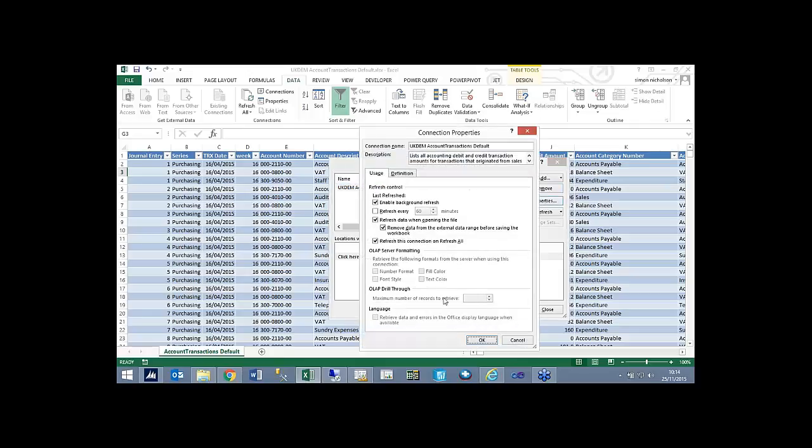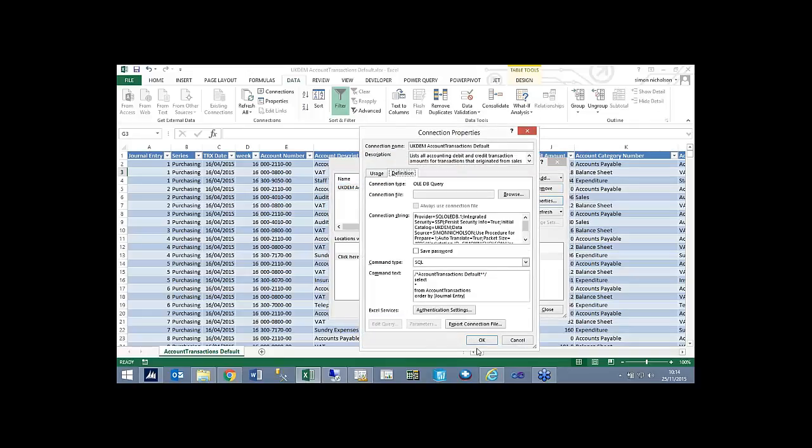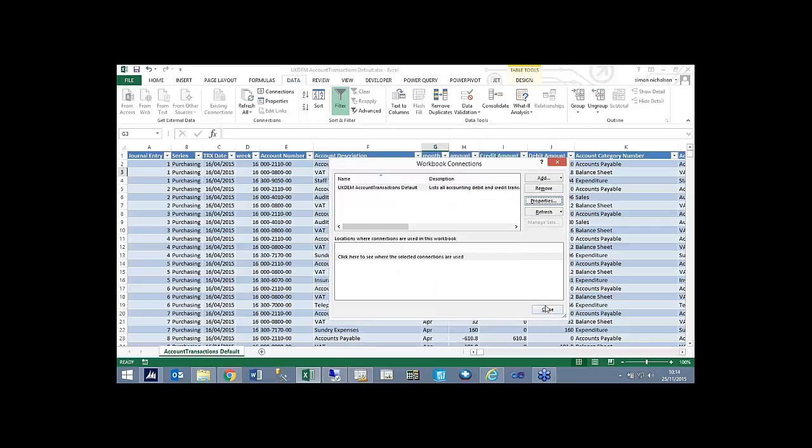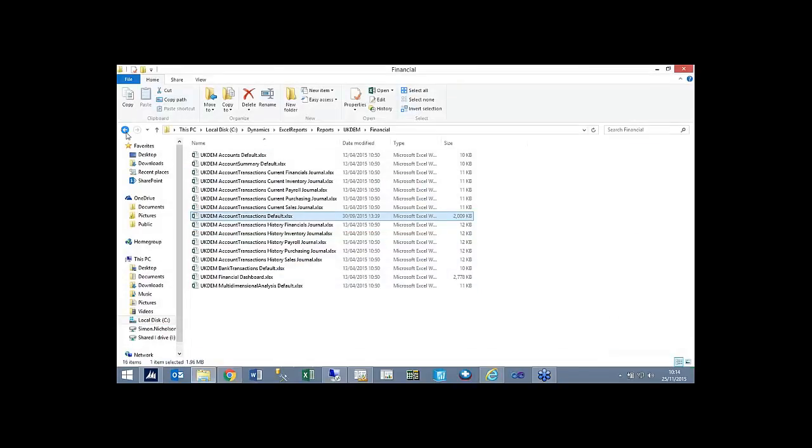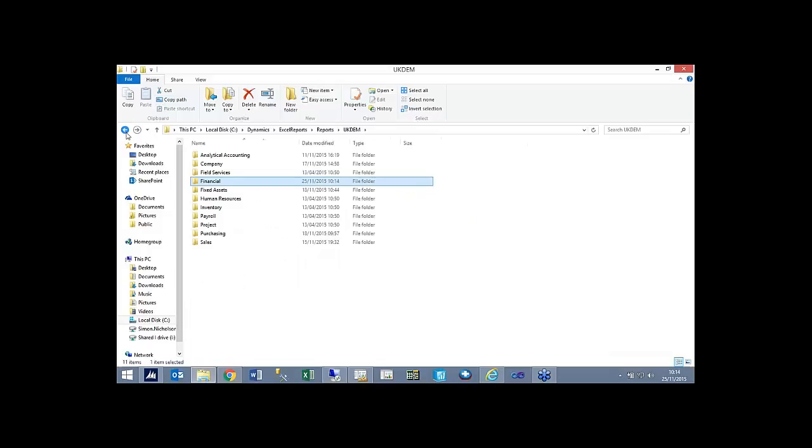So let's go to my properties. I can actually export this. So everything I created in my report will actually be held in an export. So once exported, if I want to create a very, very simple consolidation, all I would need to do, provided you have a similar chart of accounts or categories,